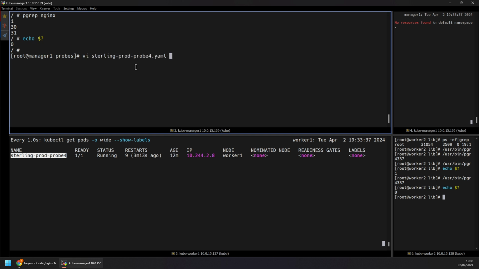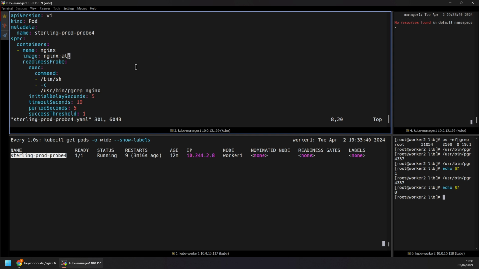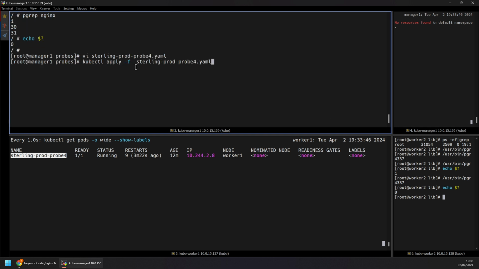So let's just go back, edit this file. Let's change this to latest. Let's go back to the previous state here, in which it was not working. So let's apply this and wait for it to go to ready state again. So ready is 0 again, and it's going to go on the restart cycle. If you just give it like 25 seconds, you will start seeing the restarts happening, and then it goes